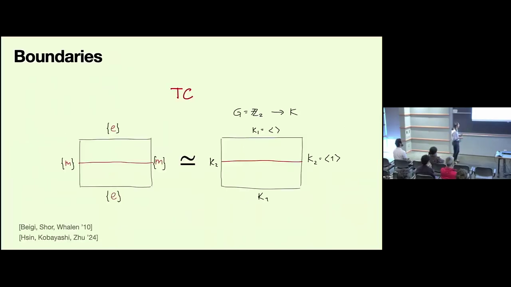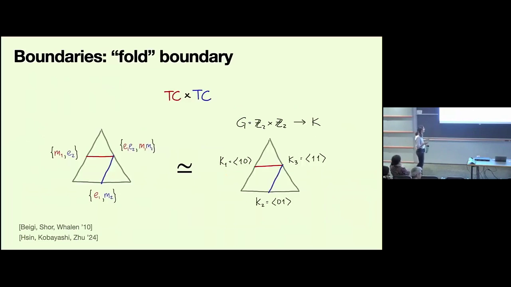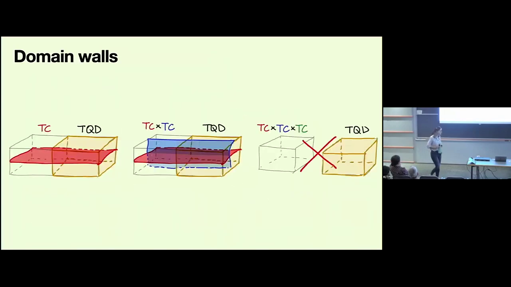Okay, and for the boundaries, the way I will be keeping track of them is by a subgroup and a cocycle, and all cocycles that will appear in the boundaries I care about will be trivial, so those I want to write down. This is just the simplest patch that we're interested in. And sometimes we will also use this domain wall.